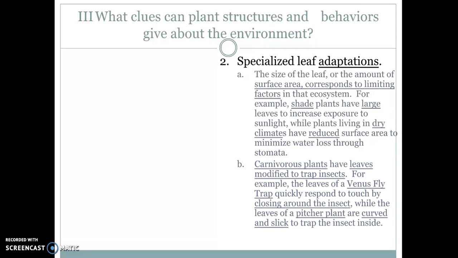A little bit about specialized leaf adaptation. The size of the leaf, the amount